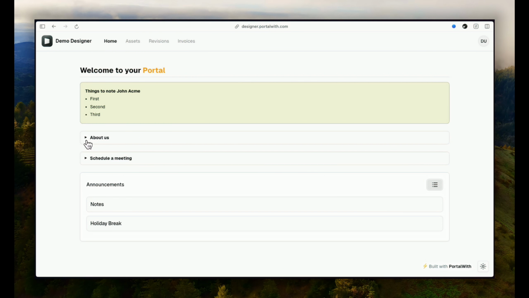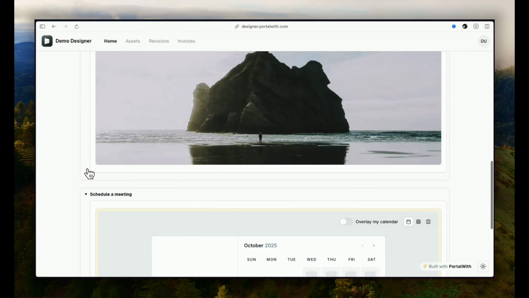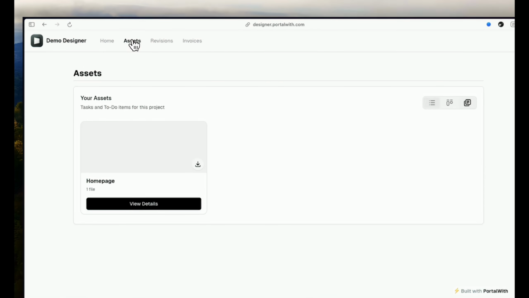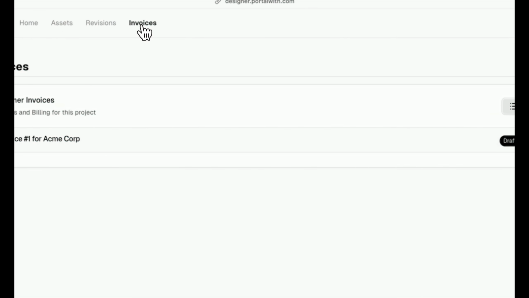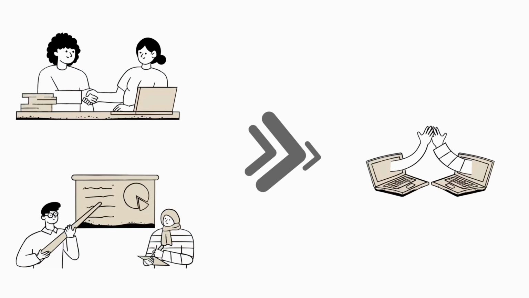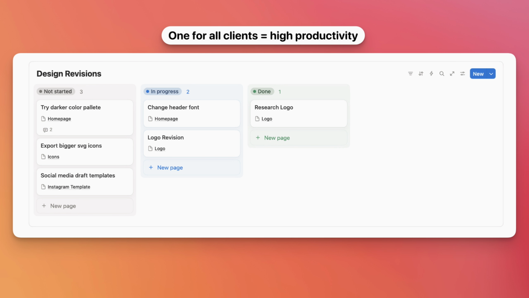So here's how you can use PortalWith to show data to your users or clients as a website that looks a bit professional. The reason we made this is because we wanted to make a separate professional website, even just a simple one, where users can see their own data and our team can still work in just one